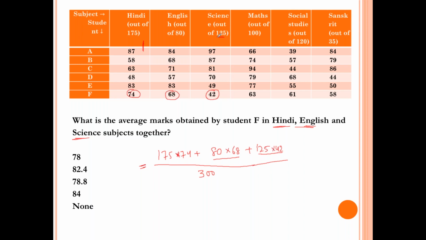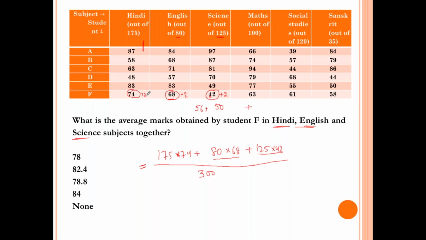But if you don't want to use a calculator, then you have to be a bit tricky while calculating this question, right? See, 40% of 125 will be 50, right? I'm leaving the 2% aside, right? And then 70% of 80 is your 56, right? Again, I am subtracting 2%. Here I am leaving 2%, which I have to take later.